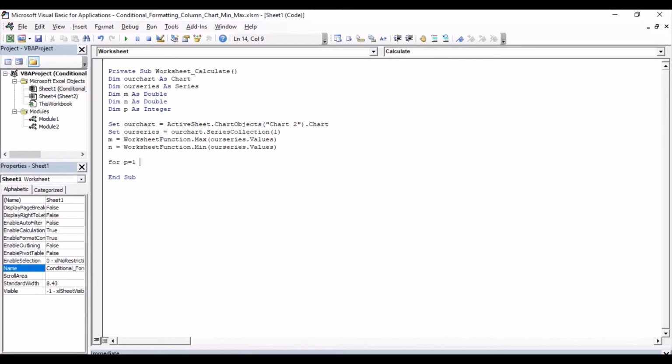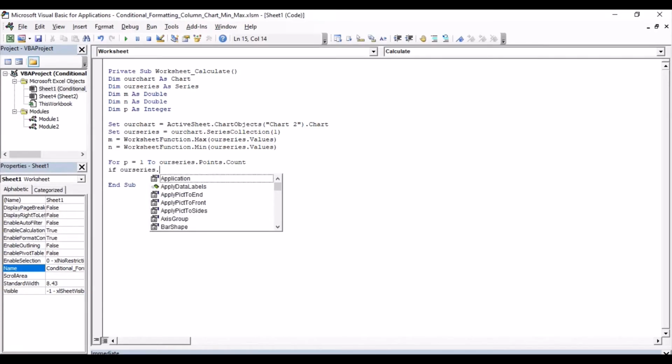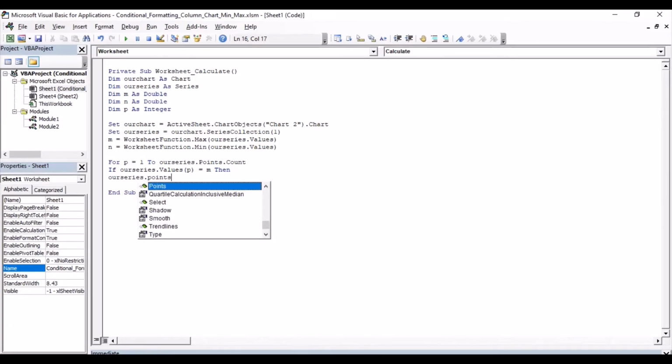So for p from 1 to our series points count, meaning from 1 to the number of countable points in the chart, if the corresponding value of the series is equal to M, then the corresponding point should be colored